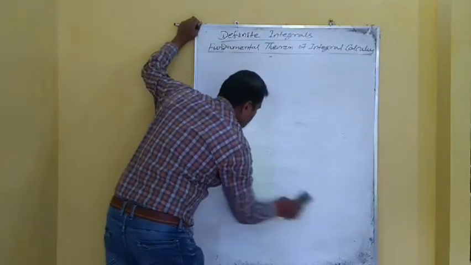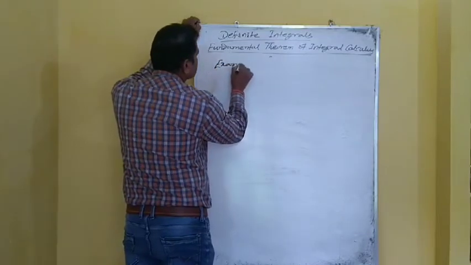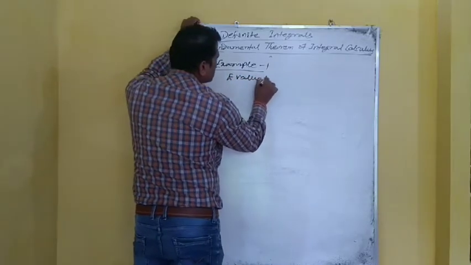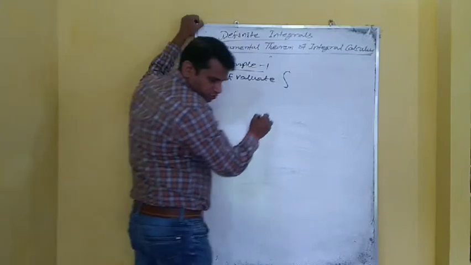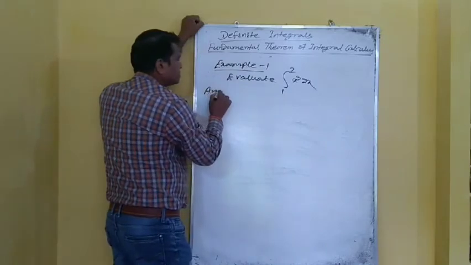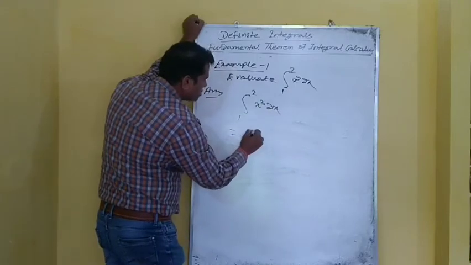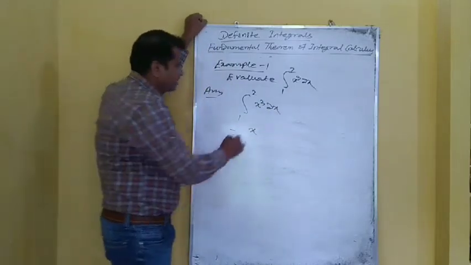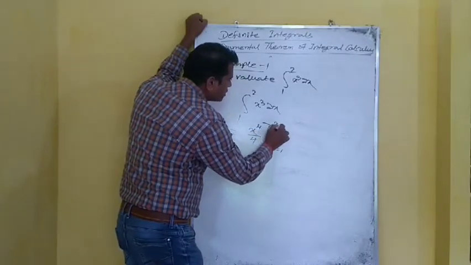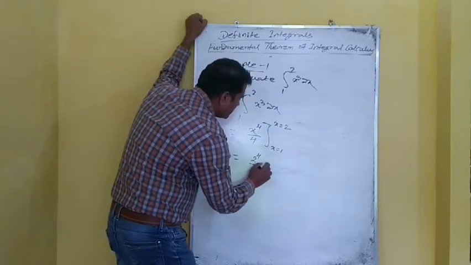First, example 1. Evaluate the integral from 1 to 2 of x cube dx. Answer: you know that the integral of x cube is x to the power 4 by 4. Then we write x is equal to 1, x is equal to 2. That means 2 to the power 4 by 4 minus